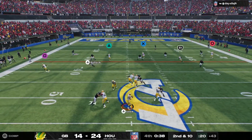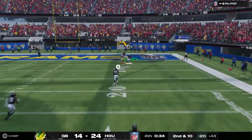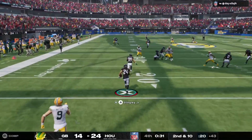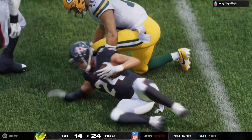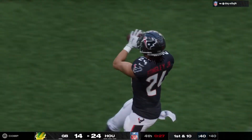A 2nd down throw for Love. This one up top for Dobbs. And the Texans are going to get the football at their own 40. It's not often, Mike, that everything